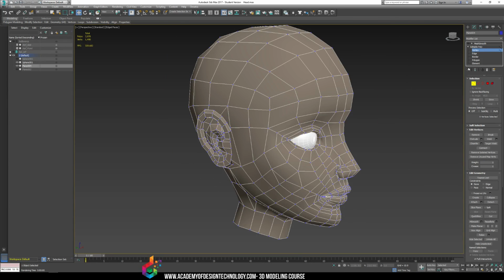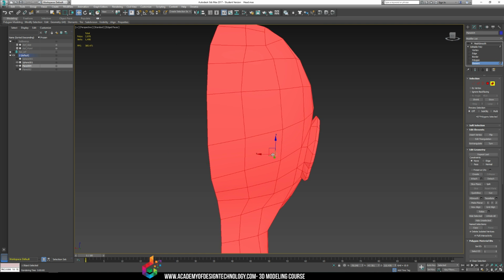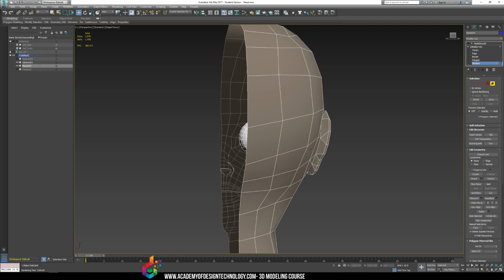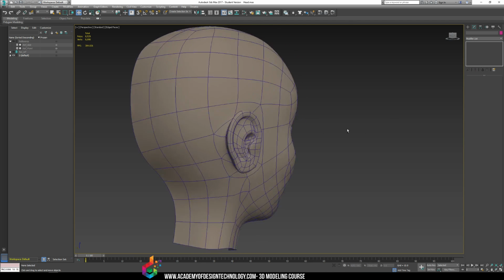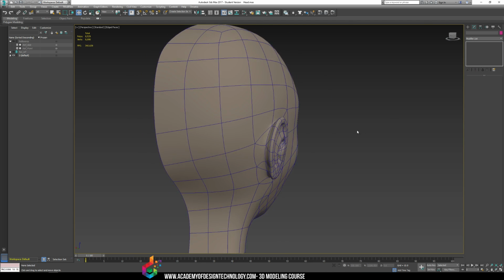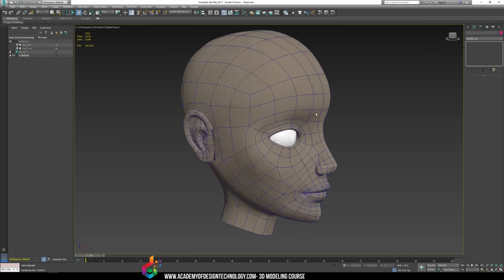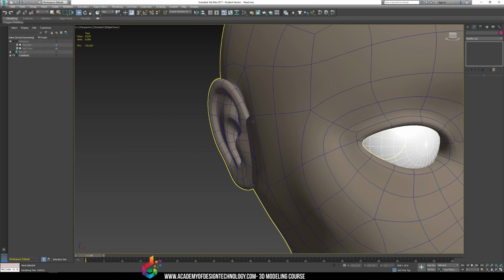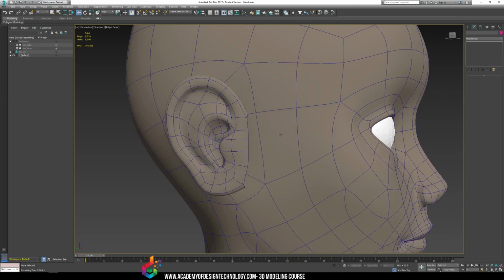Great. The easiest way to tell if things are welded together is go to element mode, and if it selects everything, including ear, that means indeed they are welded together. Look at that, we got the back of the ear, and if I mesh smooth it out so far, you can see that we do get a connecting point there, the back of the ear. Although it needs slight adjustment, it does look good, it does look attached to the model, and we just need to make sure that this part now flows into the head as well,